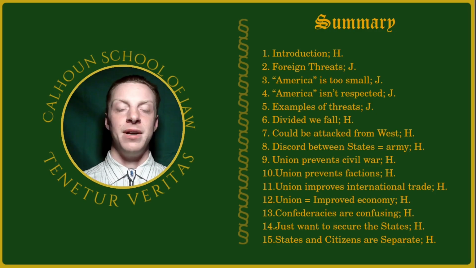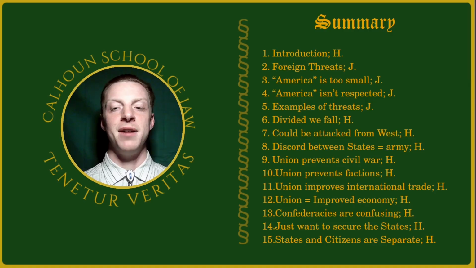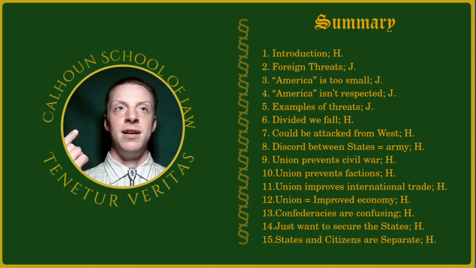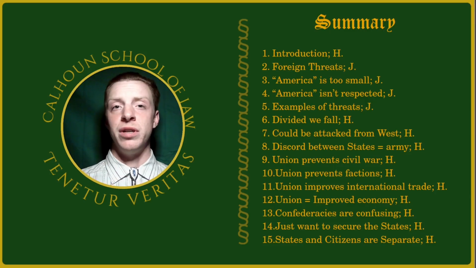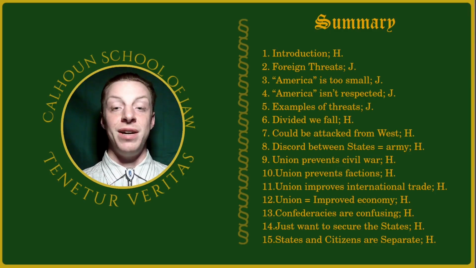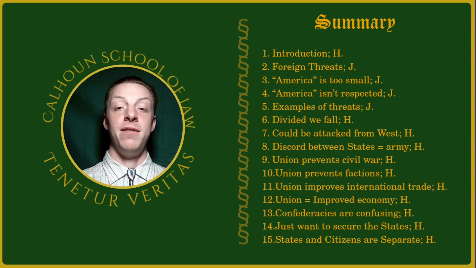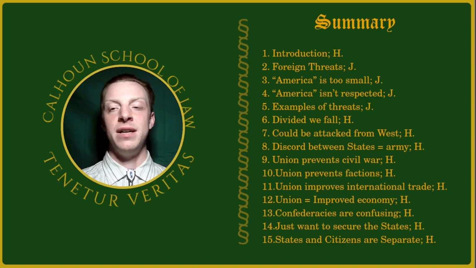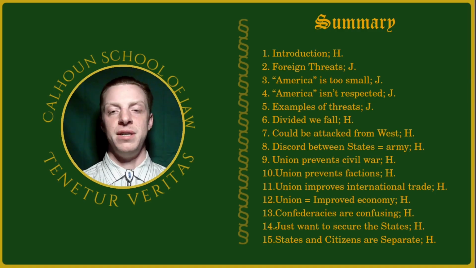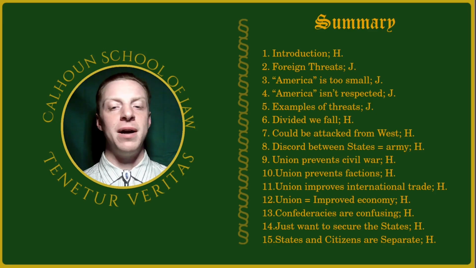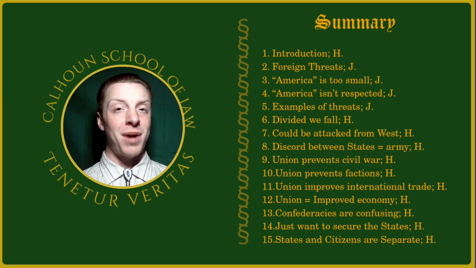Number 13, again, Hamilton. I'll just let y'all know whenever we're switching from Hamilton, Jay, and Madison. By the way, those were the three authors of the Federalist Papers. You had Alexander Hamilton, who was probably the most in favor of the framers of a centralist government, meaning he didn't want the states, as we've already addressed, to retain their sovereign identities. In fact, he overtly stated in one of his other pennings, not in the Federalist Papers, that he believed it was a bad idea for the 13 states to secede from the crown. So Hamilton was probably the most centralist.